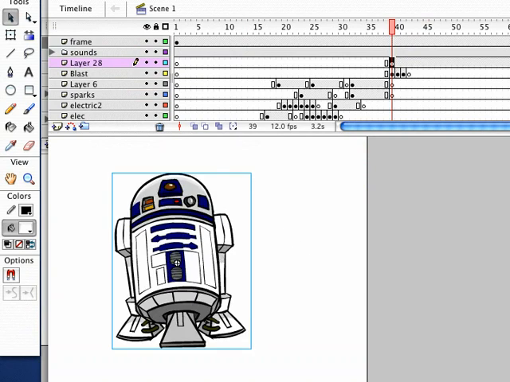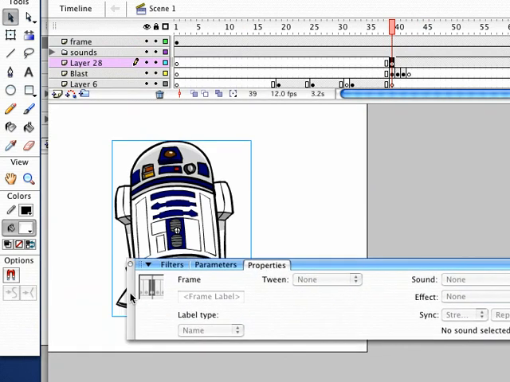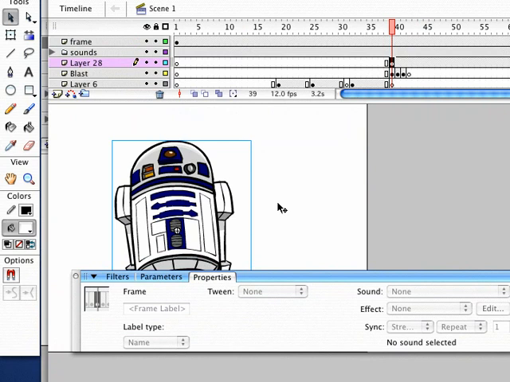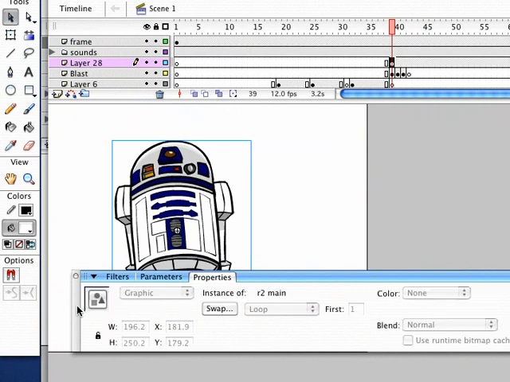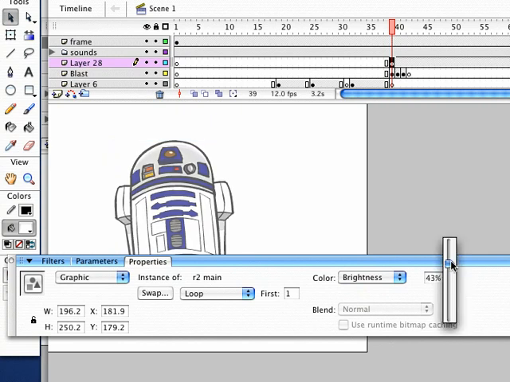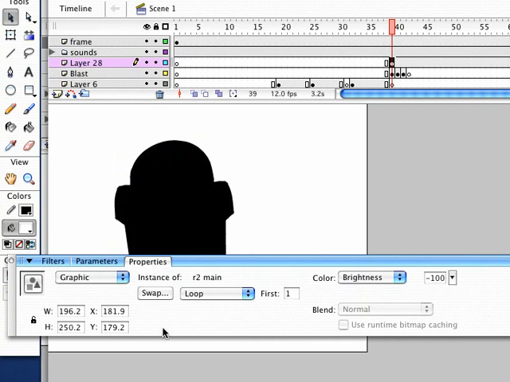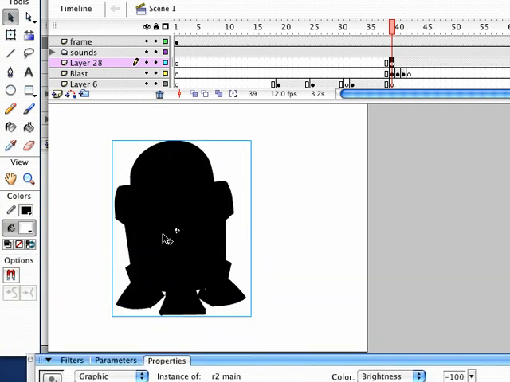Okay. Now this is really cool, and this is, again, so easy to do. What we want to do is create an even more strobe effect with the character. If the background is white, let's make the character black. It's so easy to do by clicking on the symbol, using our properties bar, and here under color choose brightness. Then we get this little slider, and if we put it all the way up, it's just going to brighten that symbol up, but we want to put it all the way down so that he's black. So the character will be opposite of whatever is going on here in the screen.